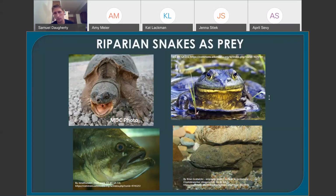There was a really cool picture in a National Geographic issue a few months or years ago of an Ozark or eastern hellbender in the Appalachian Mountains chomping down on a pretty big water snake, which was news to me. I didn't know they did that. But